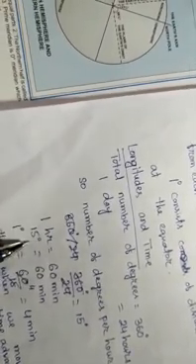Then 1 hour equals 60 minutes. 15 degrees equal 60 minutes, and 1 degree equals 60 divided by 15, which is 4 minutes. So this means that when we move 1 degree of longitude towards the east, the time advances by 4 minutes. On the other hand, when we move 1 degree towards the west, the time is behind by 4 minutes.